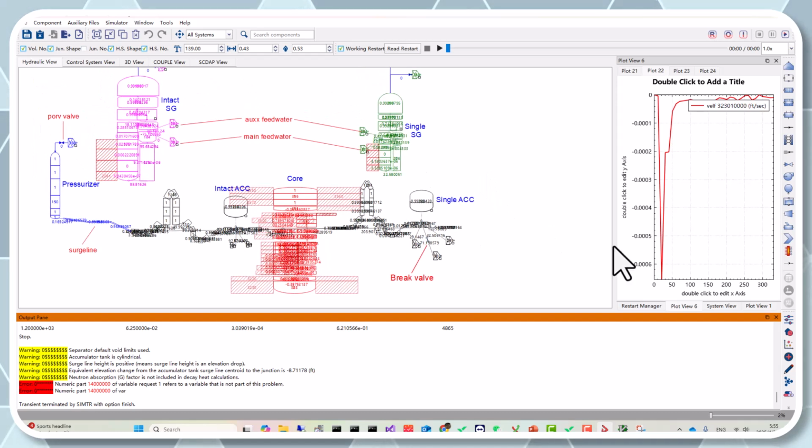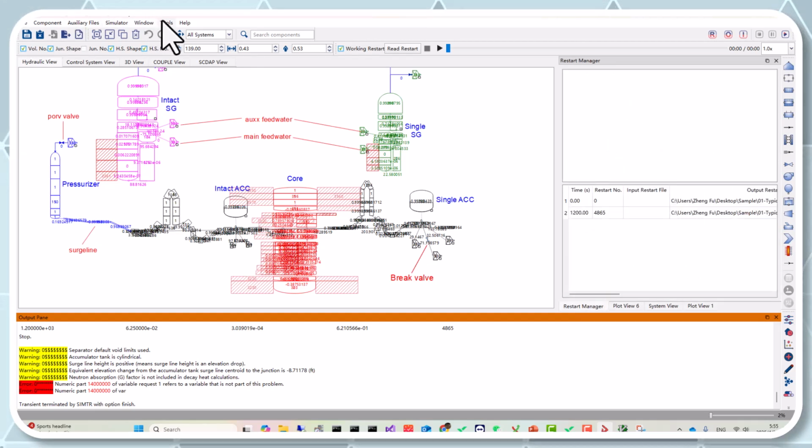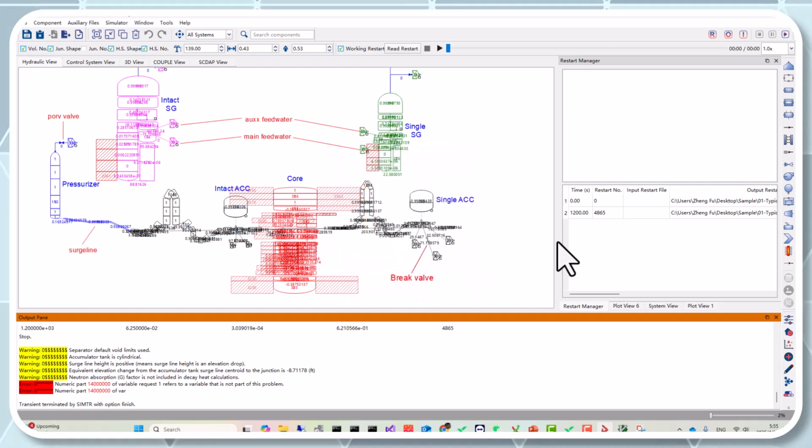Well, we have to talk about how to do restart. There's a restart manager, which is actually a DLL. It's a plugin, and you can see all the plugins you have by clicking Help and Tools. You can see there's a restart manager plugin, and it tells you when you run the case,